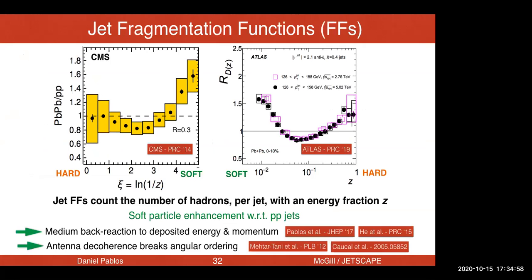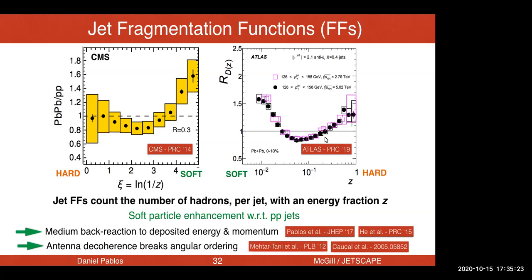So first, let's look at the jet substructure such as the jet fragmentation functions. They basically count the number of hadrons per jet with an energy fraction Z, right? So if you only have one parton in a jet, one hadron in a jet, sorry, the Z fraction is 1, there's only one of them, okay? If you have a distribution of them, you have a distribution in Z, you take the ratio between Pb-Pb and